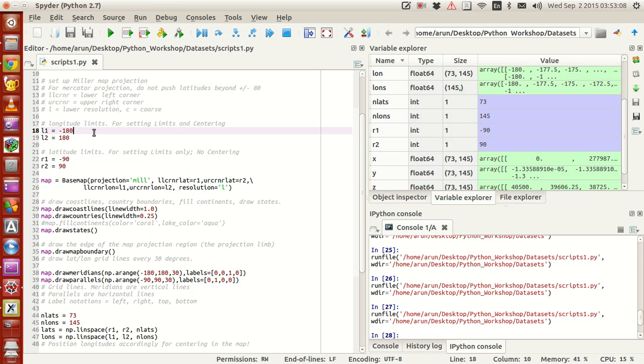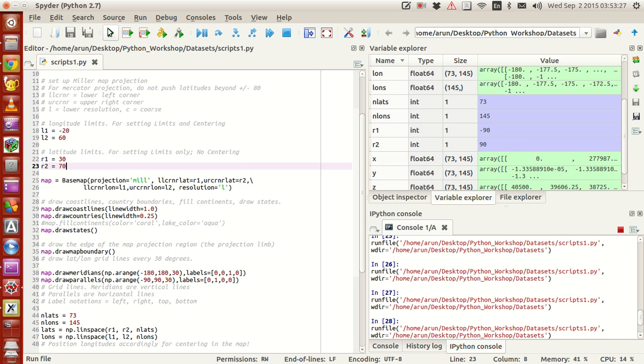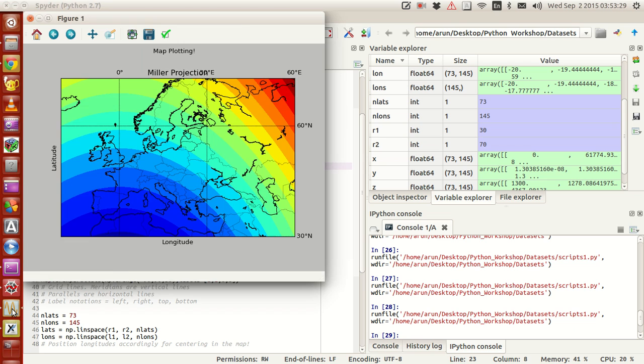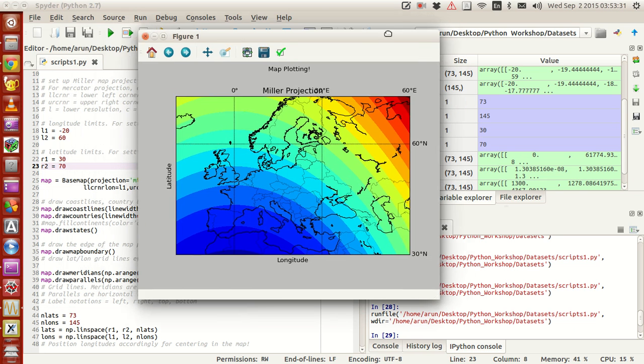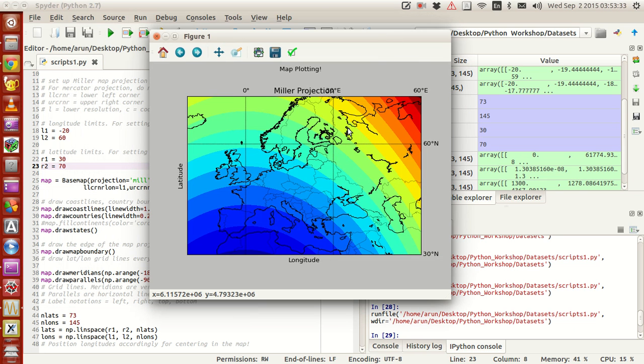So if I were to set your longitude to be somewhere between minus 20 and 60, and your latitude to be 30 and 70, let's say. I don't think you need that much, but still. Press enter in this code and check this out. Not bad. Okay, you need a little more than 70, huh? Oh well,